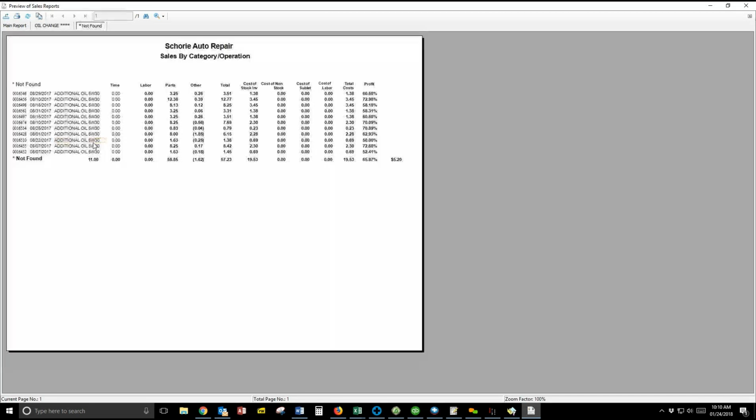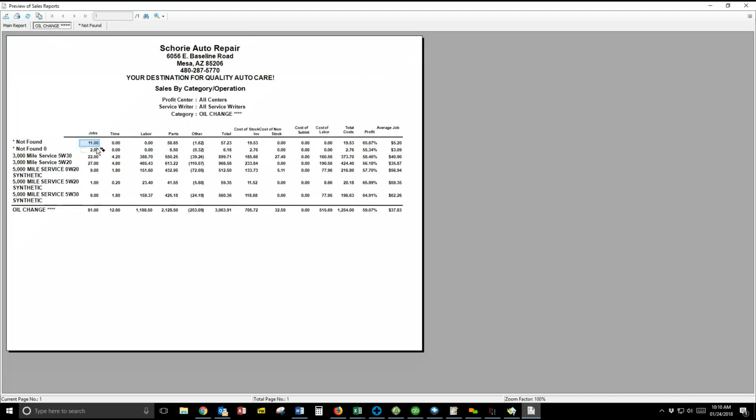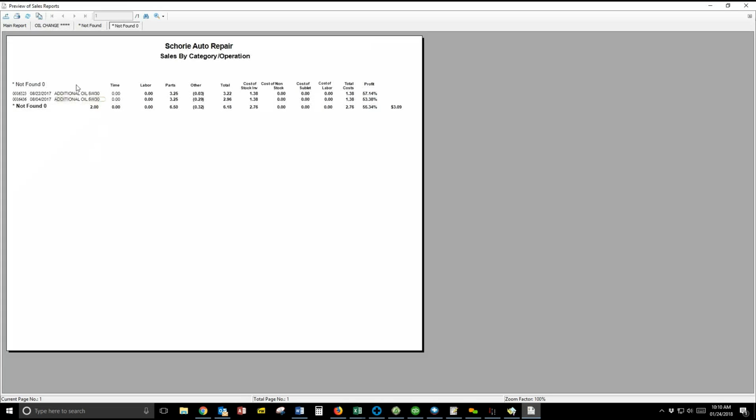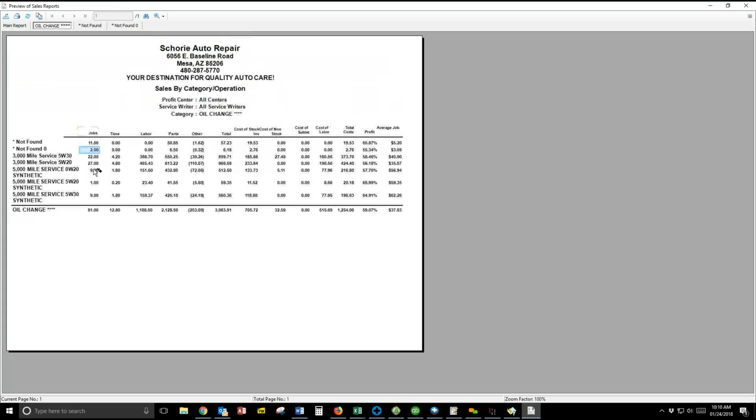If I double click on the 11, you'll notice it's all additional oil. So if I really wanted to know how many oil changes we did, I need to subtract the 11 and the 2, and I really only did 70 oil changes that month. So this is why